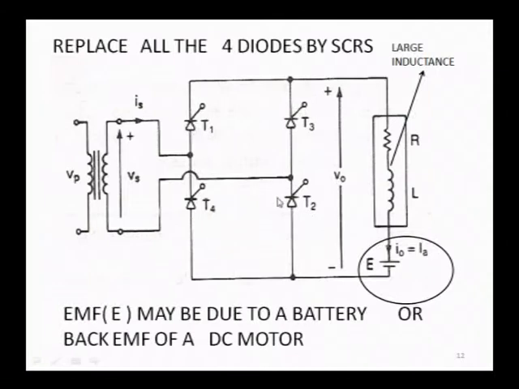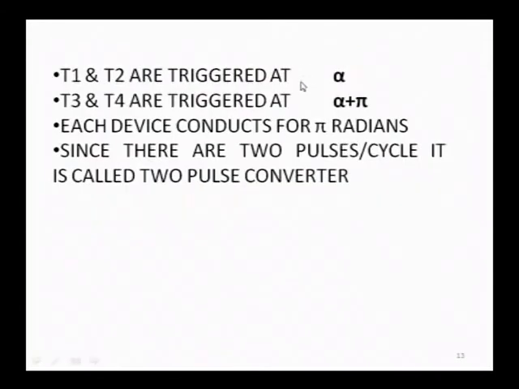Now, how are these 2 thyristors commutated? Because of the natural reversal of the input source voltage, which is assumed to be a pure sinusoidal wave. These 2 thyristors get commutated and allow the triggering of T3 and T4. T3 and T4 are fired at alpha plus pi. So, that is the meaning: when you trigger T1, T2, and when you trigger T3 and T4. These points are important and worth noting.